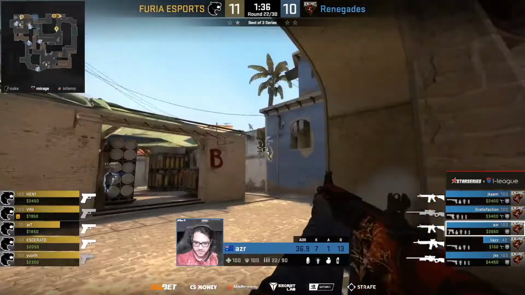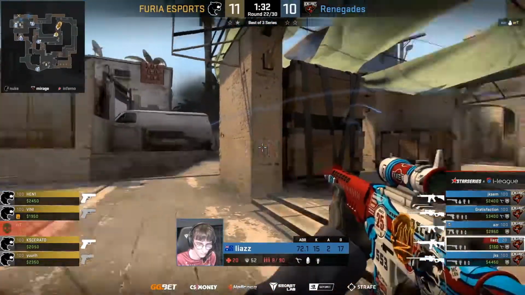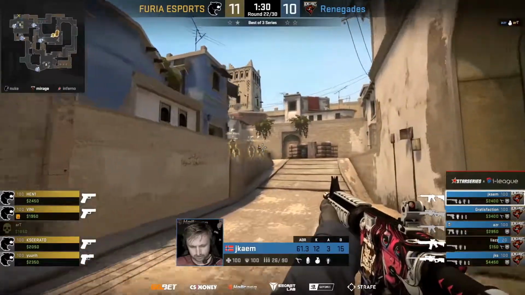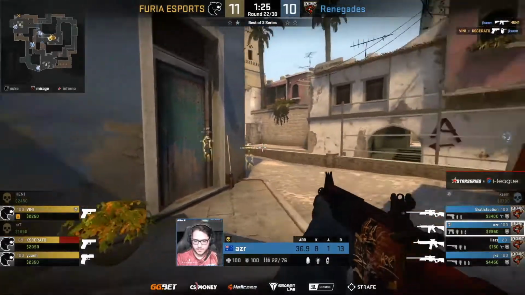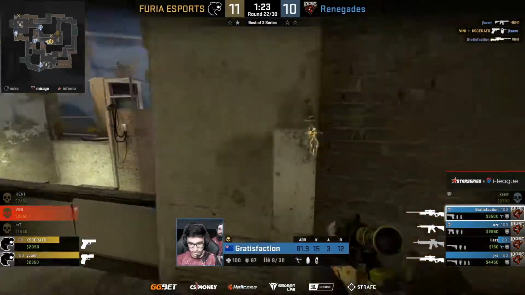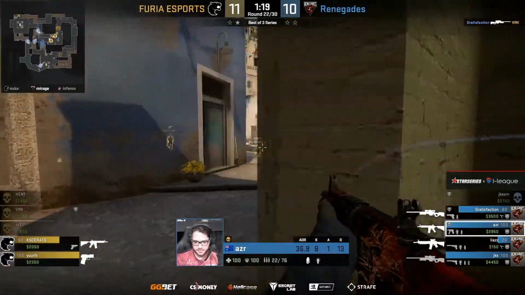Looking to tie things up, Renegades should. They lose the Glocks. Something's gone really wrong for them. Oof. Almost fell apart for Liaz that. Jacob finds himself in a precarious position, but he does get one at least. Maintains the advantage. I suppose that's all they need to do. It's guaranteed a round at this point. Lovely shot from Gratisfaction. Very precise. They don't need to keep challenging this. They can just chill, but...